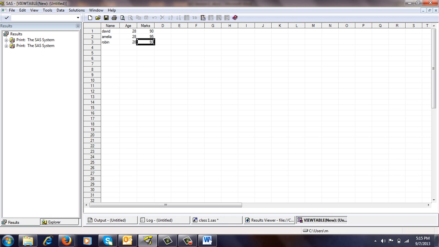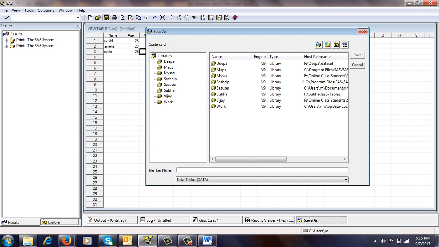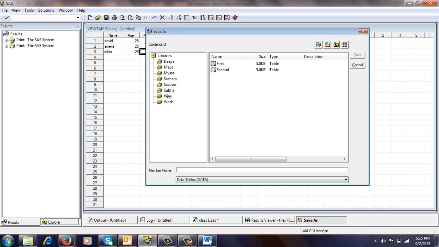Once the values are entered, you can save these values by clicking on this once again the floppy symbol. When you click on the save, it will ask you in which library you want to save it. I want to save in the Vijay library, so select the Vijay.